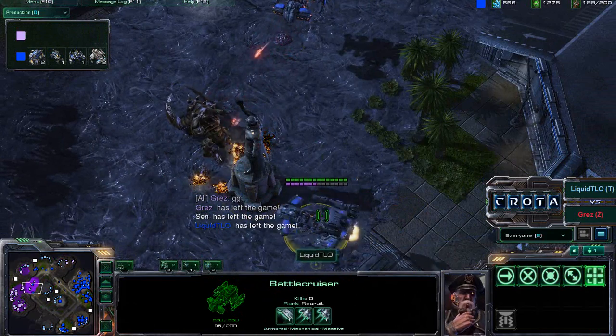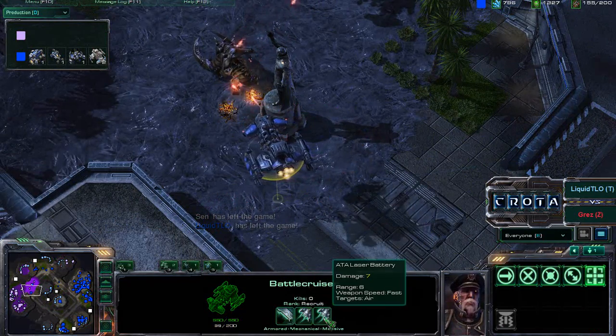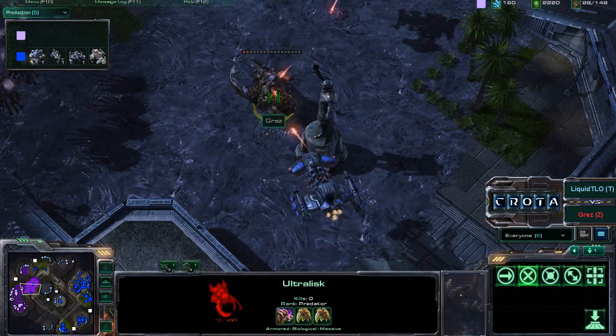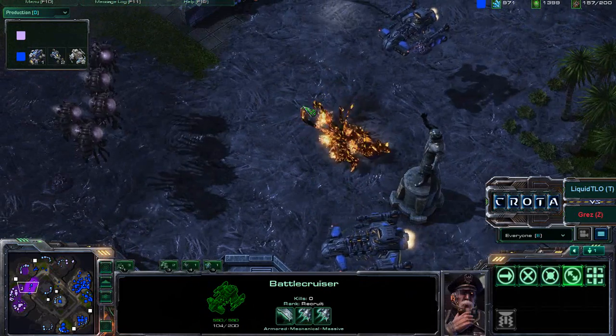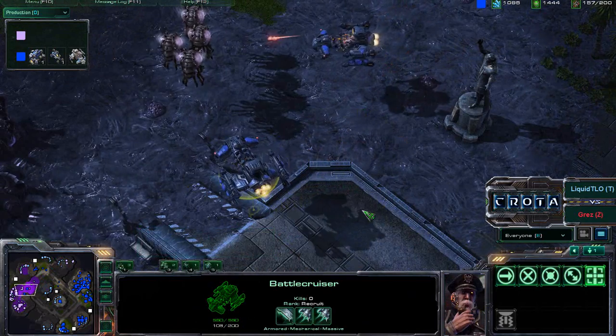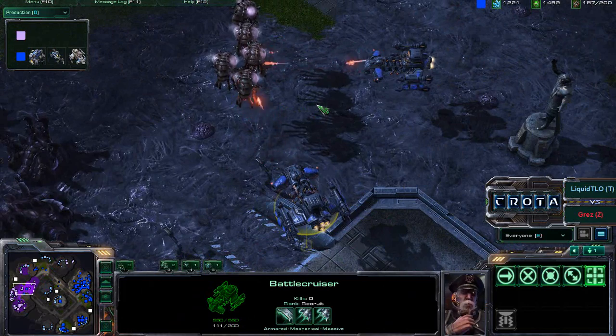TLO has already left the game, but these battle cruisers want to get in some action as well. These battle cruisers, however, are not going to be dealing that much damage against an armor of 5. So these battle cruisers only dealing 2 damage per laser, or I believe it's 3 damage per laser, as these battle cruisers now continue to move on out. Don't know why I'm watching this. It's still fairly fun. Anyways,